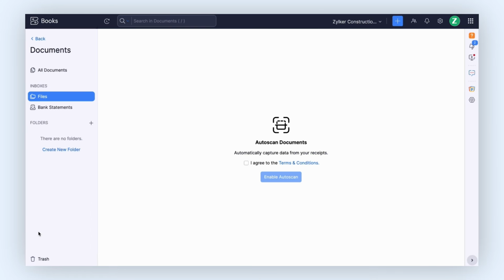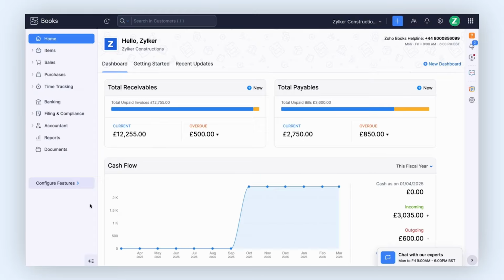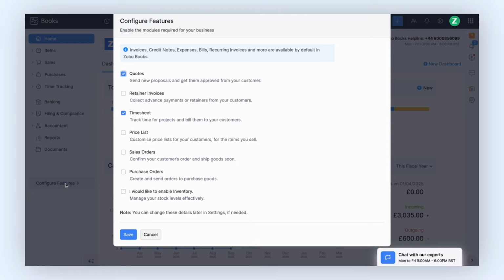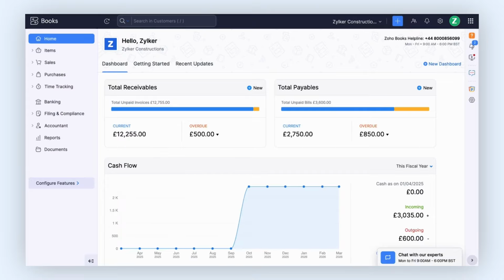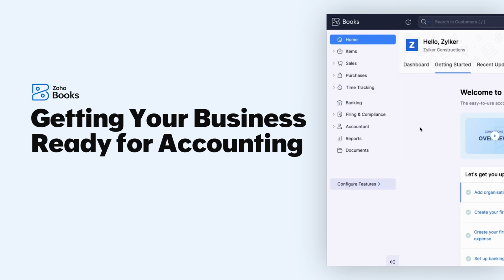In the Documents module, you can store all your documents in one place, auto-scan data from the uploaded document to create new transactions instantly, and auto-upload your bank statements from email as well. Here, you can configure the modules you wish to enable on the left sidebar for your organization. Now that you have a basic overview of Zoho Books, let's look at a few basic steps to quickly start